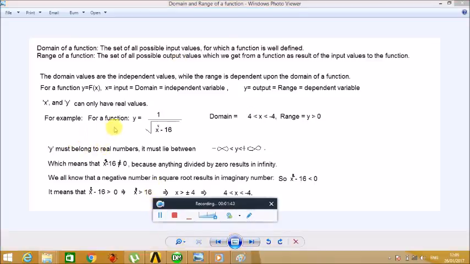For example, if we have a function y = 1 over the square root of (x² − 16), the domain of this function is that x must be greater than 4 or smaller than −4, while the range of this function is y greater than 0. Since y must belong to real numbers, it must lie between minus infinity and plus infinity,